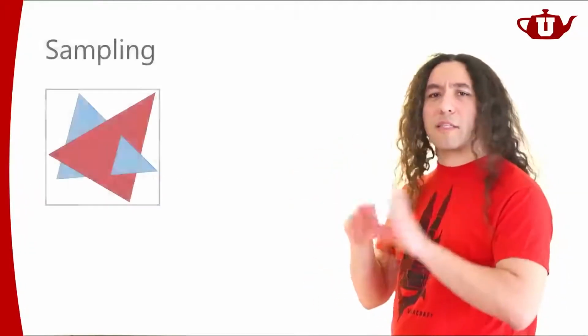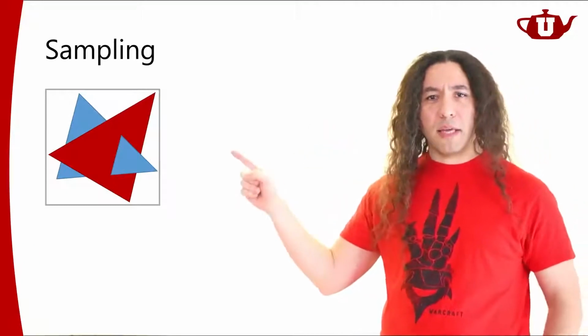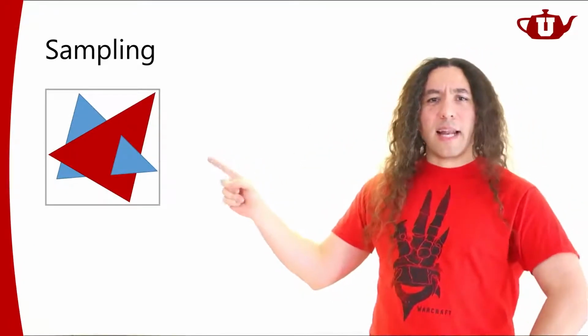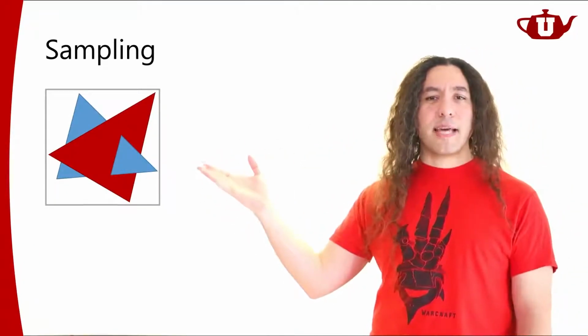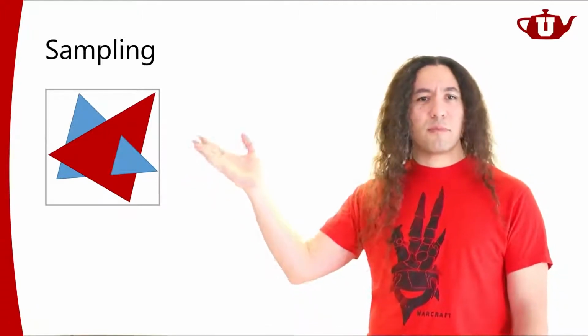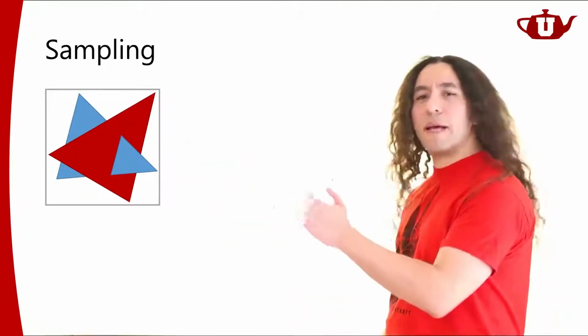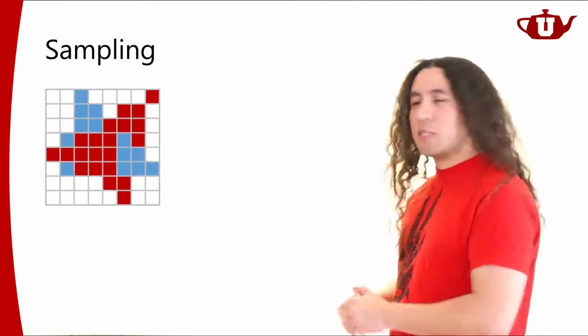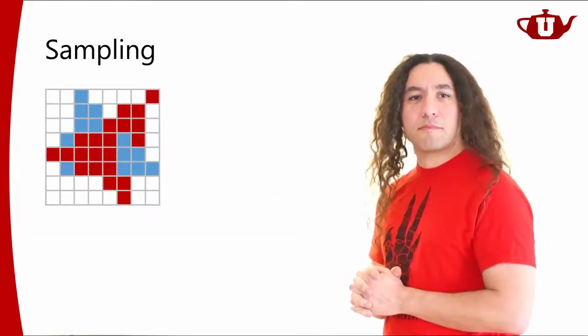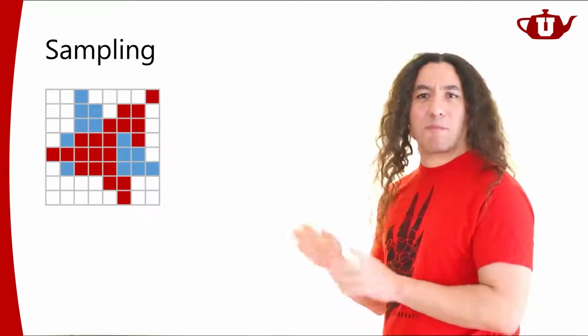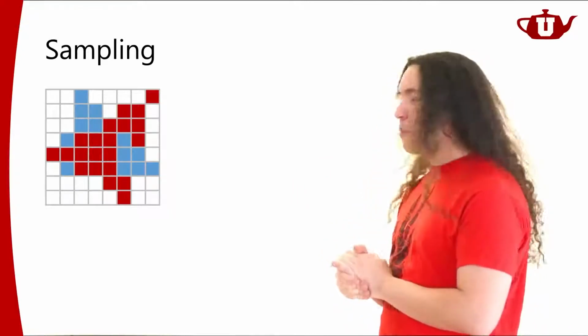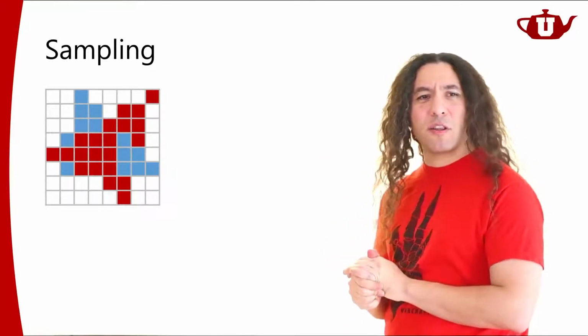But when I talk about sampling, I would like to start with something a little bit simpler than this whole indirect illumination computation. I would like to start over here. So let's say that I have two triangles like this, and I'm trying to render an image from these two triangles. And I am going to render a very low resolution image, something like this. Like an 8x8 image.